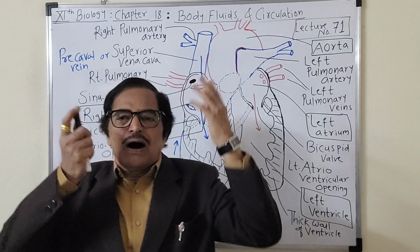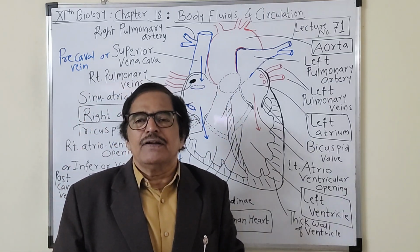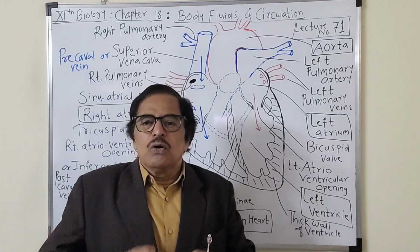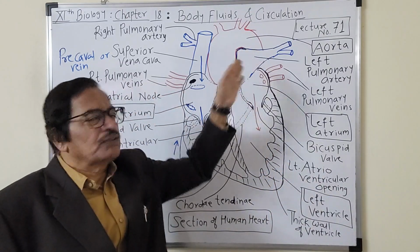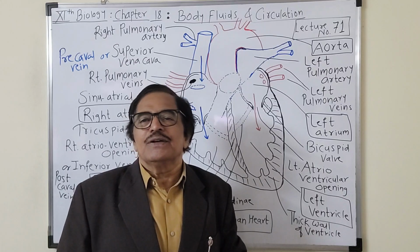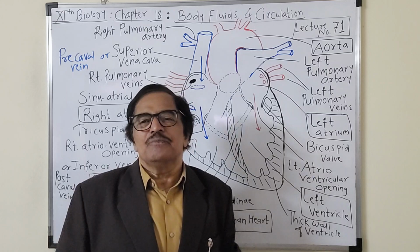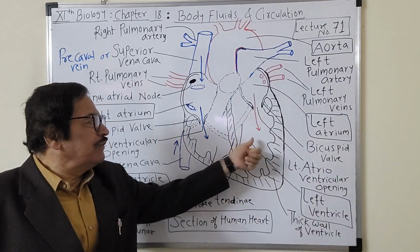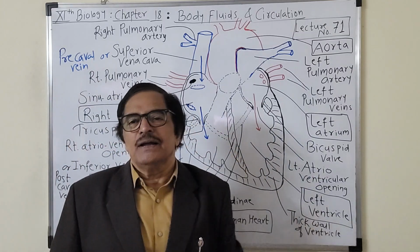So that is aorta. Left ventricle is opening into the aorta, and aorta is giving different branches. Some branches will go up and will supply the blood to all different parts of that anterior region by the different arteries. And the lower part जो है, that will be joining into that dorsal aorta, and that is giving different branches, and that will give blood to the different parts of the lower side. तो ये aorta है। Aorta का origin कहाँ पे है, left ventricle में, और वहां पर भी semilunar valves हैं।